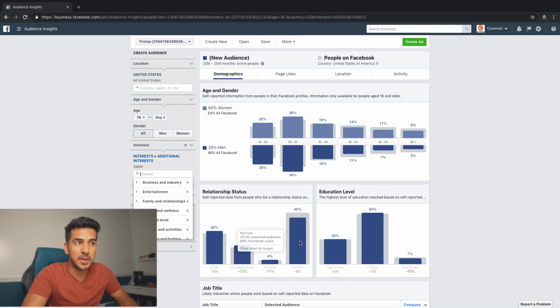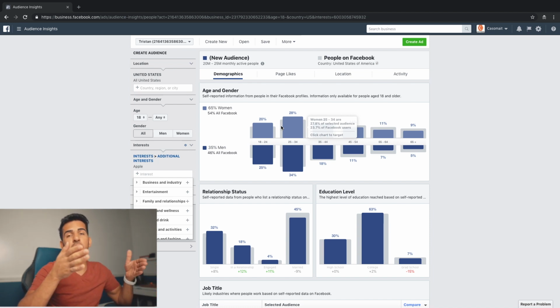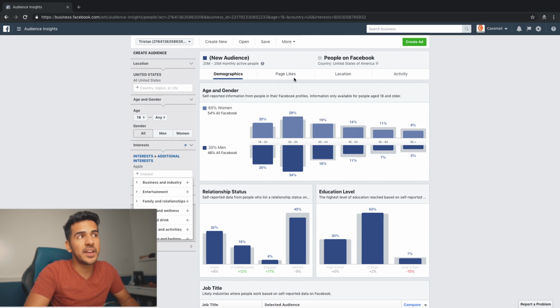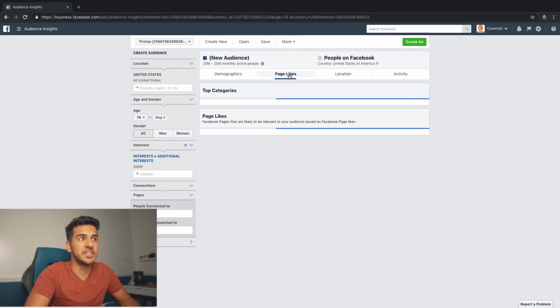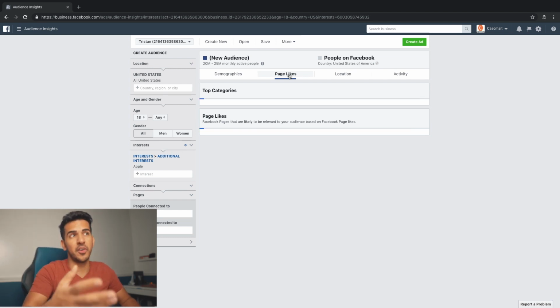There are 45% people on like those who like Apple or interact with Apple, and the outside circle is actual Facebook users, a total of Facebook users compared to this specific interest that we put, that's Apple. Now on the right hand side, right by demographics, if you click on page likes, you'll start to see something really cool, and that helps you detail your targeting even further, which is going to be a game changer if you start to put it in use.